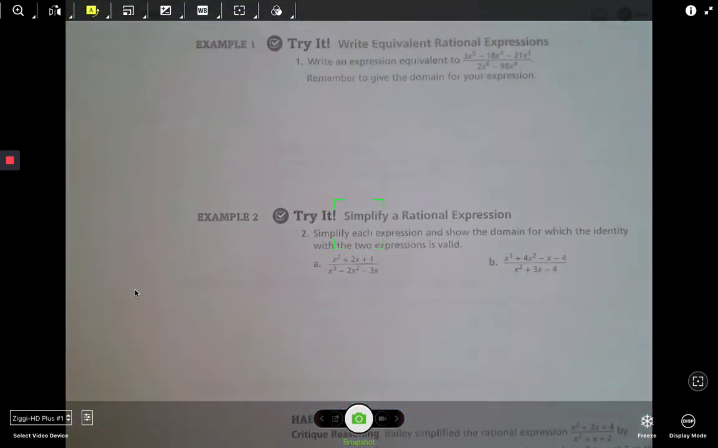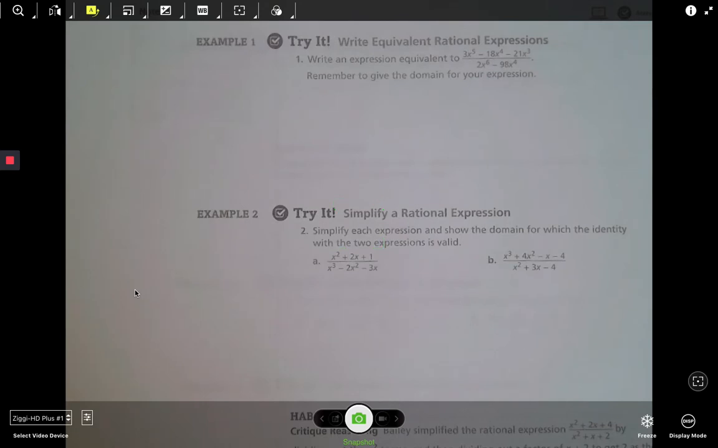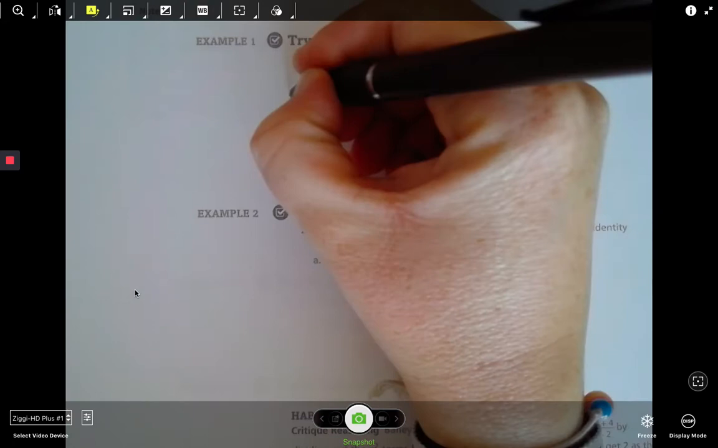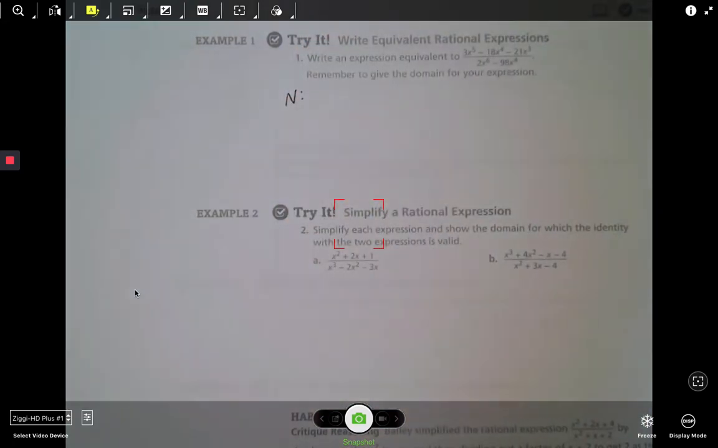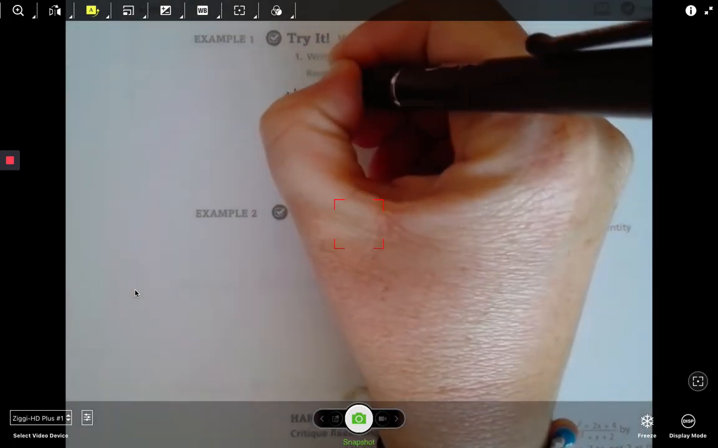So example 1, they give us this rational expression, and what they want us to do is factor it and simplify it. I start by labeling what my numerator is. I'm going to rewrite that numerator, which is 3x to the 5th